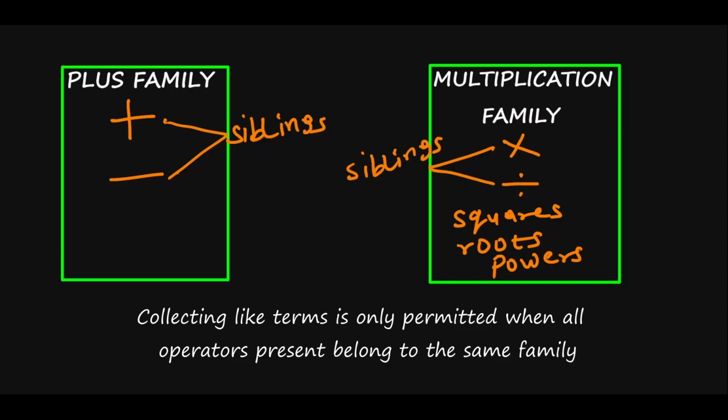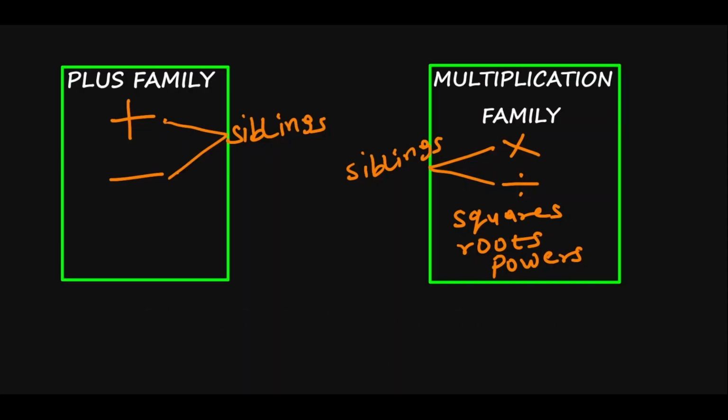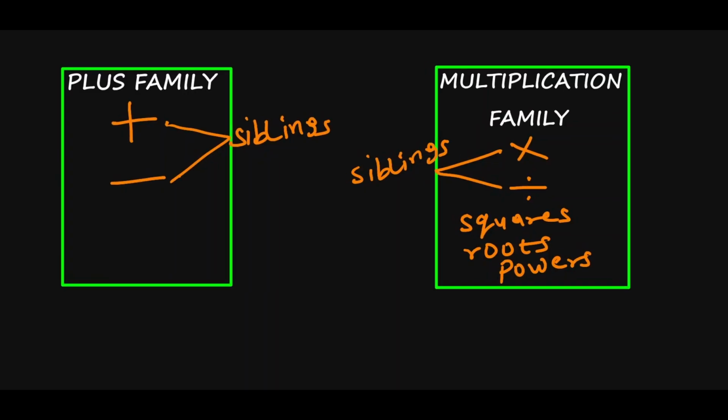So this point is very, very important. This is one of the reasons why people find it difficult to simplify an algebraic expression, or they always get it wrong. Once you have plus, minus, multiplication and division all in an expression, you cannot just move terms anyhow you like. Even if all the operators are from the same family but one is from a different family, then you cannot collect like terms. You cannot move any term. Otherwise, you stand a chance of making your equation or expression mathematically incorrect.